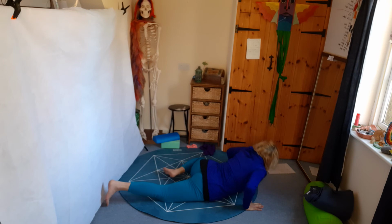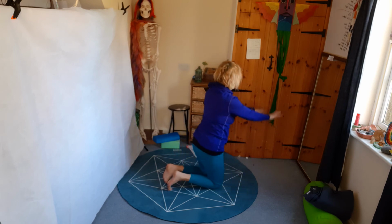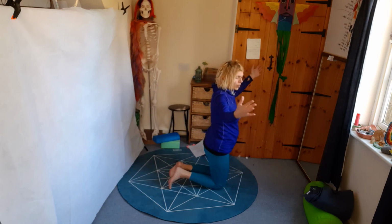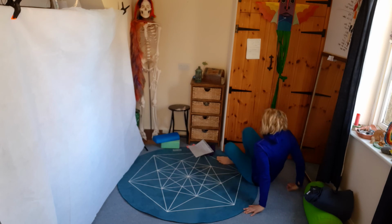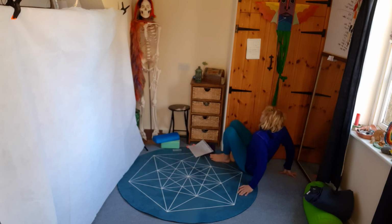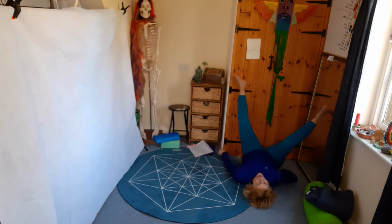Okay, now we'll come on to the legs up the wall. So I'm going to do mine in this corner here because it works quite well, and I don't have a big wall to do this exercise on, but find a part of the wall, or you could do it against your headboard or something. Find somewhere where you can scoot your bum close to the wall